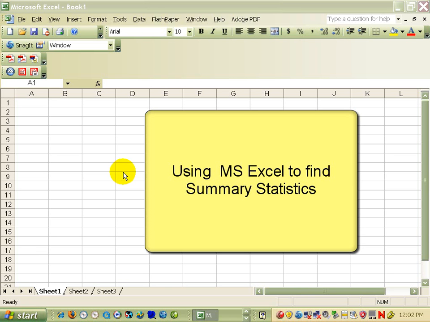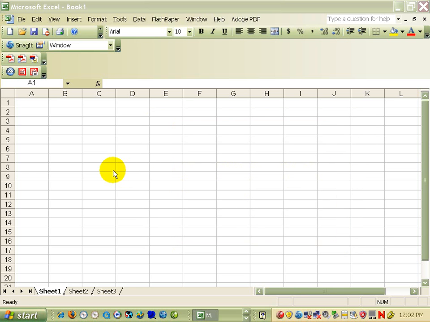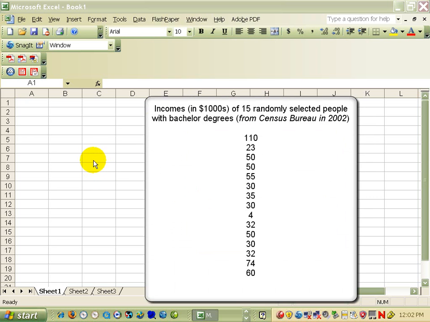We have seen how to analyze a single set of data using the calculator. We shall now do the same analysis using a spreadsheet program called Microsoft Excel. This program is a 2003 version, but the 2007 version is quite similar. Remember, we're looking at a set of data that were the incomes of people with bachelor degrees taken in March